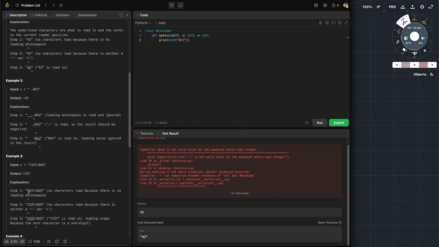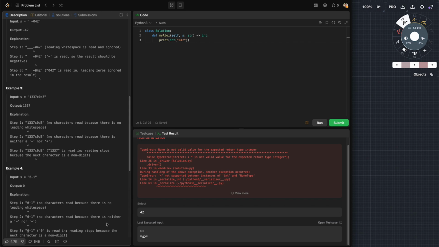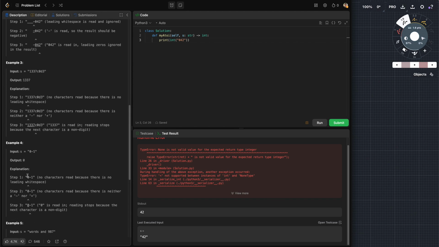So first you check for white space, and then you check for sign, and then you collect as many numbers as you can until you see a non-number. So here you see a number. Step 1 is deal with white space. Step 2 is deal with signs. Step 3 is deal with digits. So it looks pretty clear